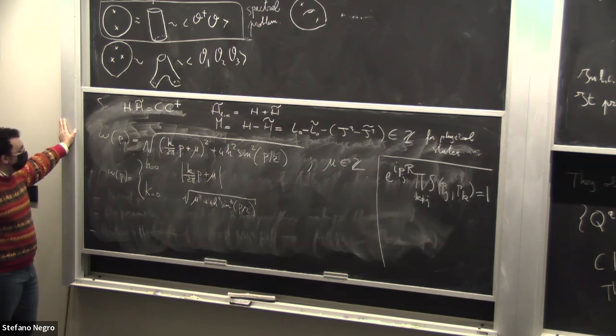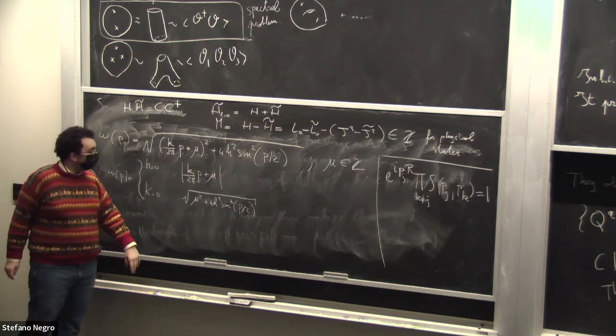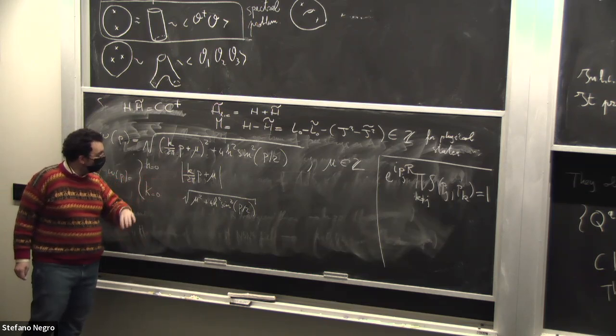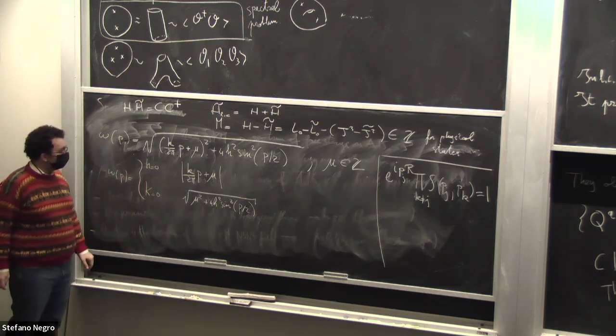I mean, there are other things that one could say, like for instance, how the long strings come out of this dispersion relation and things like that. But I think that is a bit